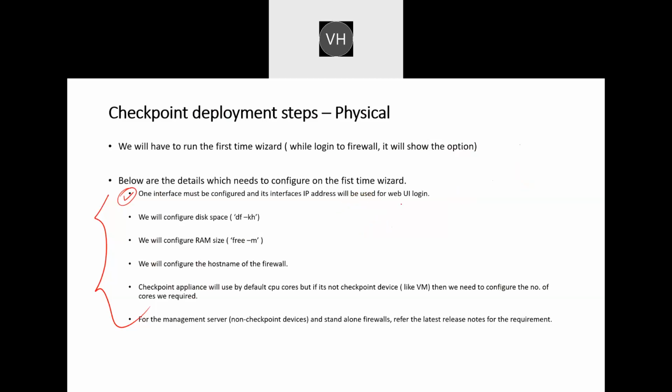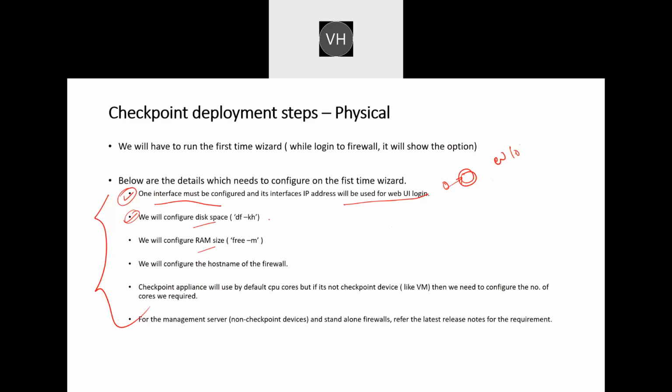One interface will be configured, which will be used for web UI login. Web UI login is nothing but one IP address assigned to one interface, and with the help of that interface, we'll log into the firewall by using the web browser. To log in, first we need to assign one IP address to one interface. And then we have to configure the disk space, RAM,